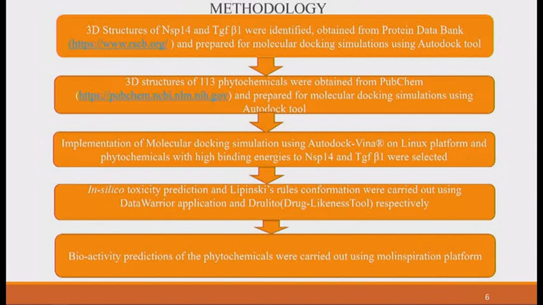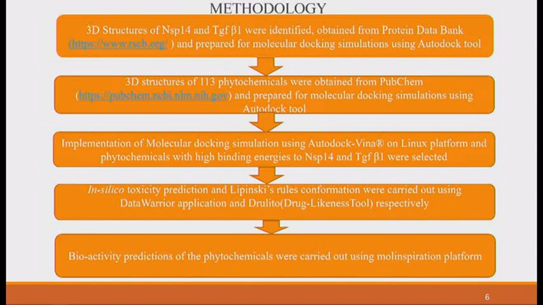Then after that, we implemented the molecular docking simulation under the Linus platform. So we docked 4 times. After docking, we found that some front runners were above the remdesivir. So we took those front runners and went into toxicity prediction using Data Warrior. We predicted them with different parameters like mutagenic, tumorigenic, reproductive effect, and irritants. Then after detecting the toxicity level, we went down to detect the drug likeness, that is the Lipinski rule of 5, which